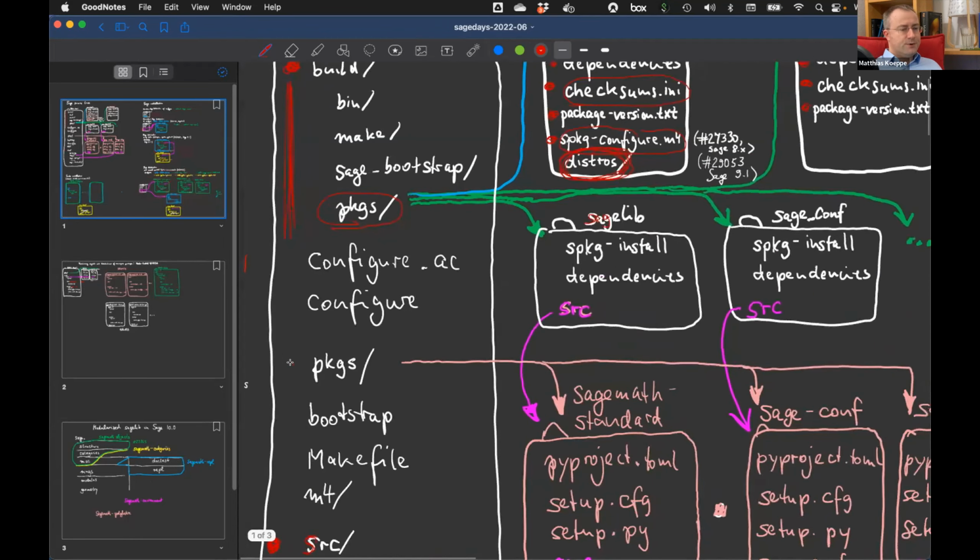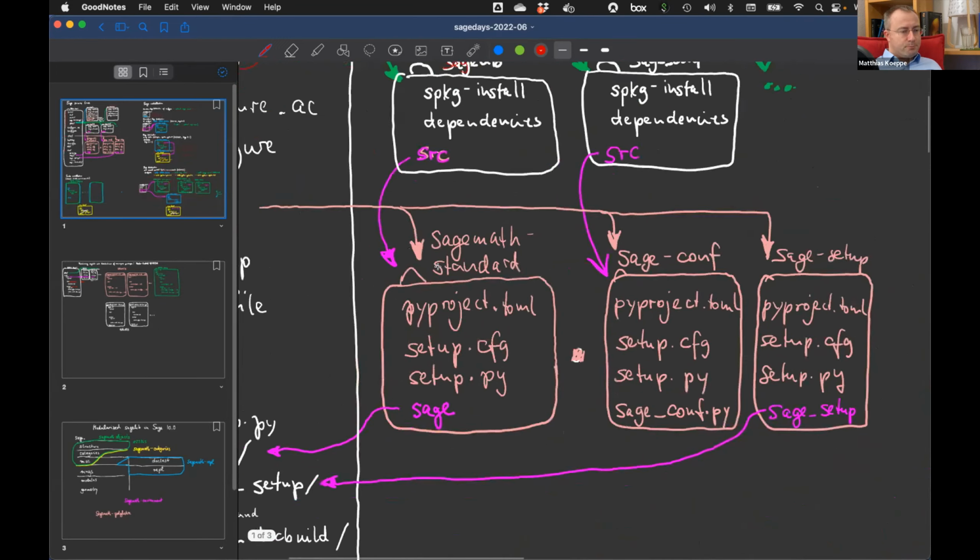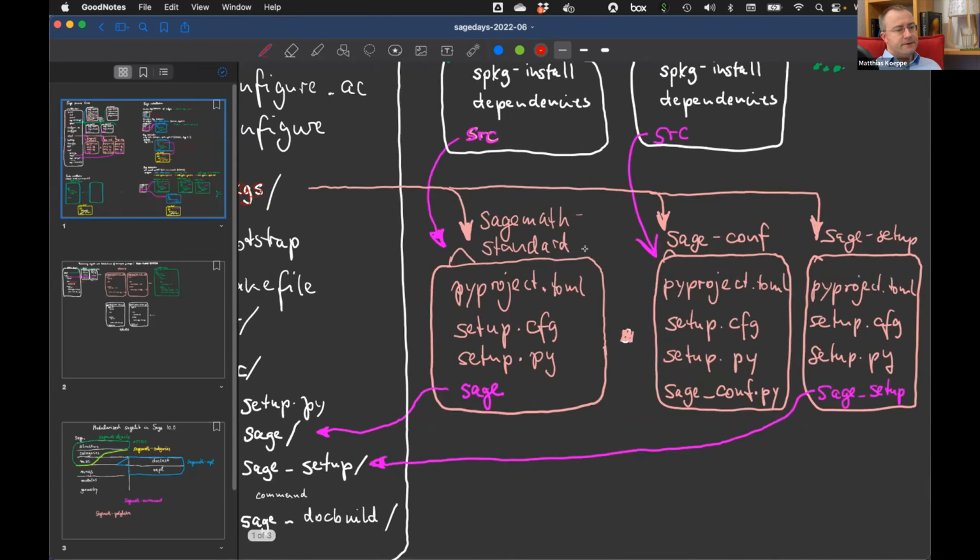But what is new is in between there's a layer that is called packages. And this is now where we have several directories where pure, not Sage specific Python distribution packages live. So stuff that has a setup.py. Well, if you learned about Python packaging some 5-6 years or longer ago, you're invited to actively erase all of that from your memory because Python packaging has changed in a multitude of ways, and it's best to relearn from scratch. The big new player is pyproject.toml, which has the build time